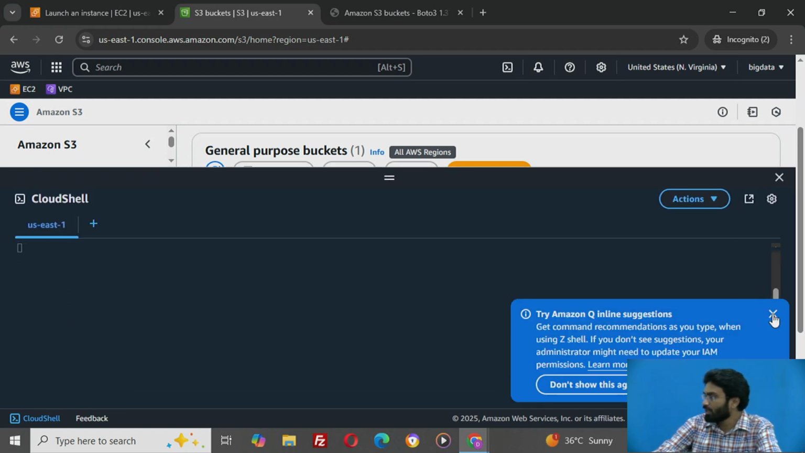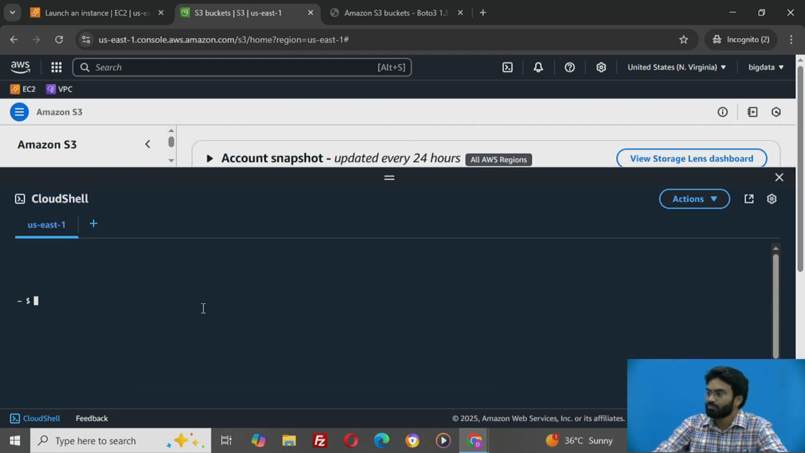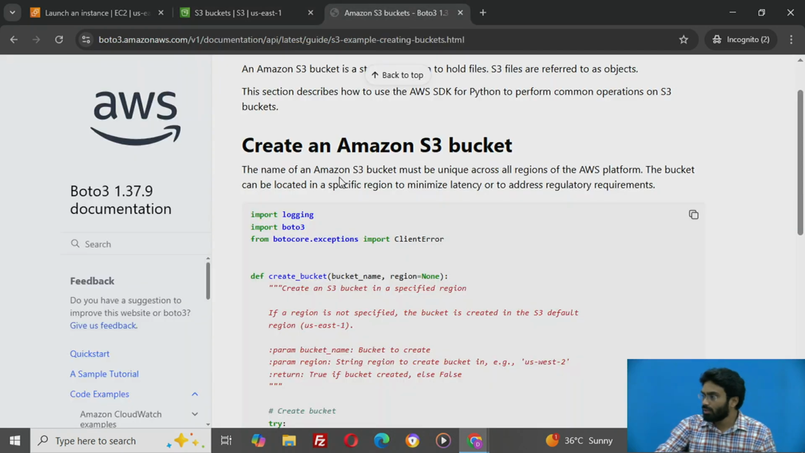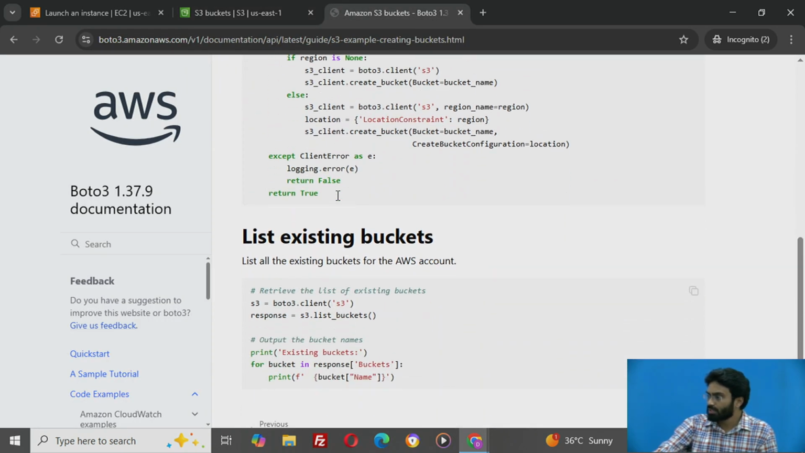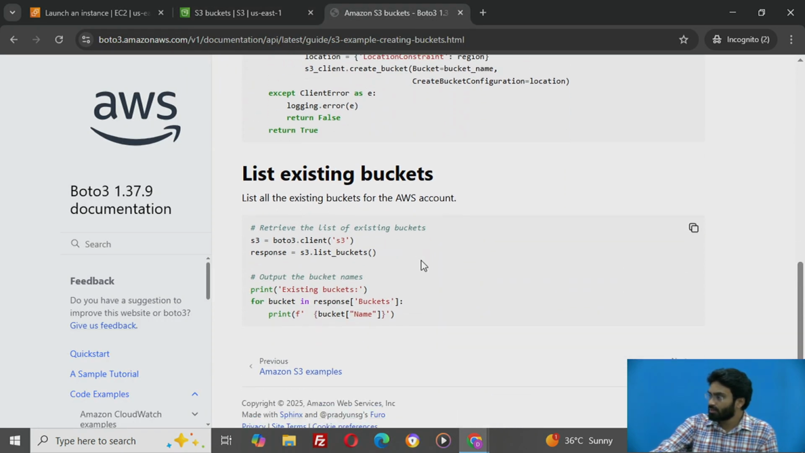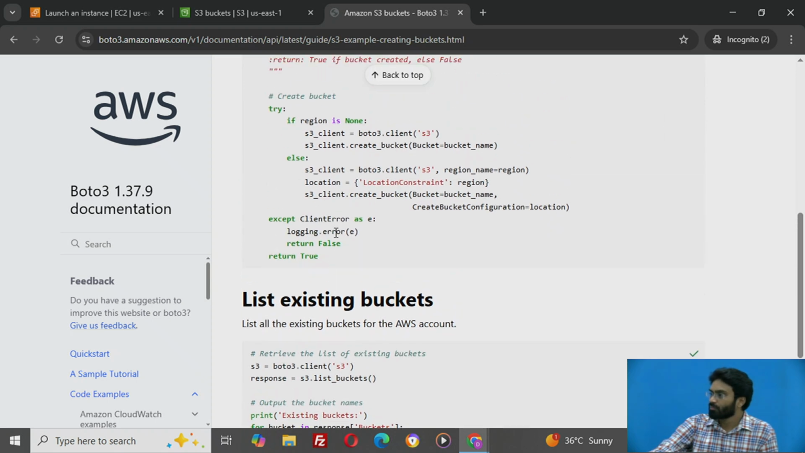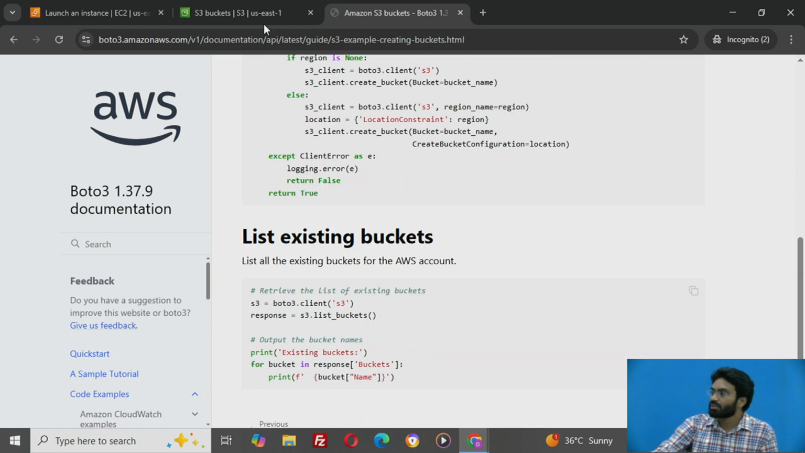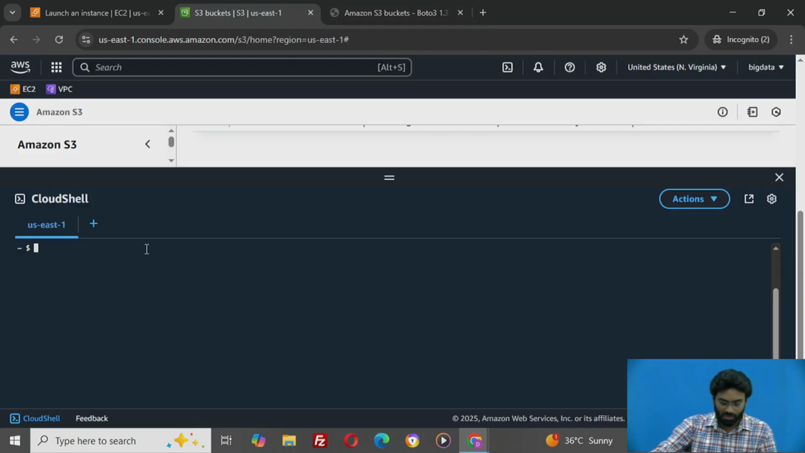So we can go ahead and list down the buckets. Let's try something else with this one. Let's go ahead and simply list down the buckets. So, list existing buckets. I'll copy this part of the code and paste it just below the code where we have